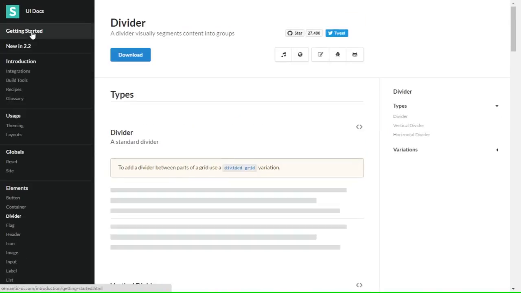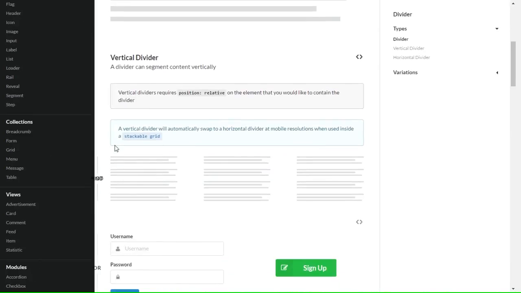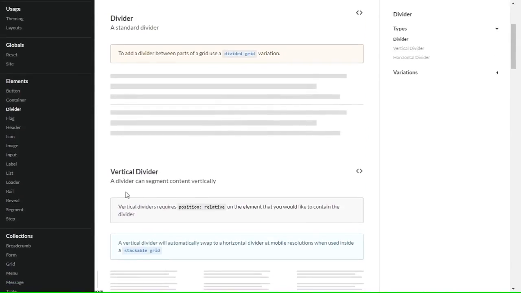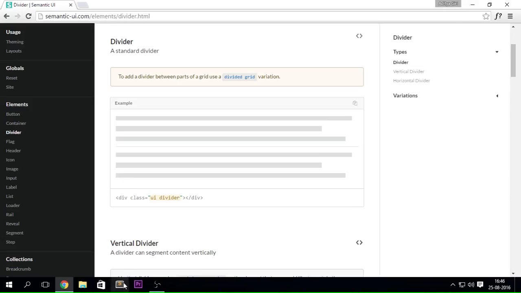The first thing we have here is a divider. Obviously you can use the HR tag, that is the horizontal line tag, but the HR tag pretty much just creates a horizontal divider. So you can create it that way, or you can go on Semantic UI's website and see what kind of divider you want. If you check out the code, it just says UI divider. Let's say you have one paragraph, another paragraph. Well, I guess I'm just going to show it to you for a little bit.